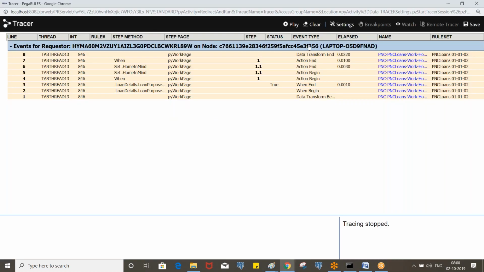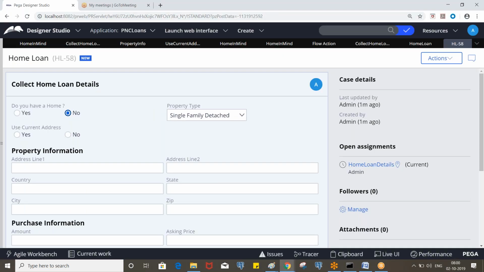So now look at this data transform. The first step is satisfied, right? It returns true and assigns the value. And you don't see the second step execution, right? If it is refinanced, then it will go to the second step. And so you handle this part also.